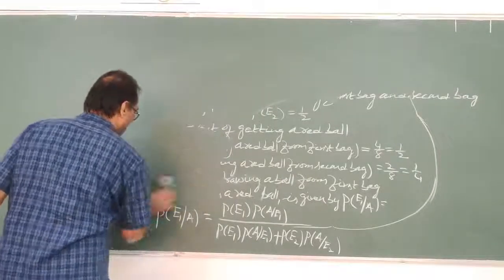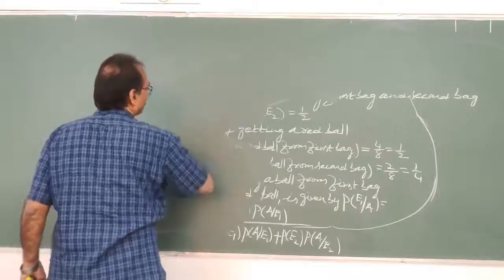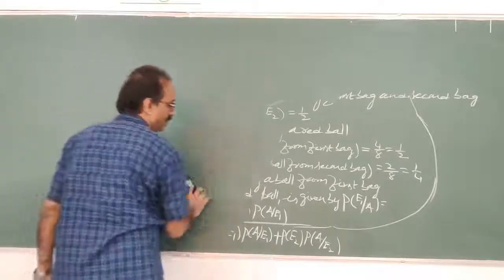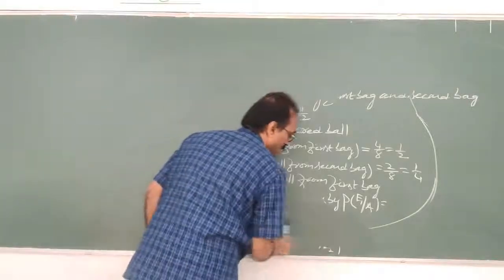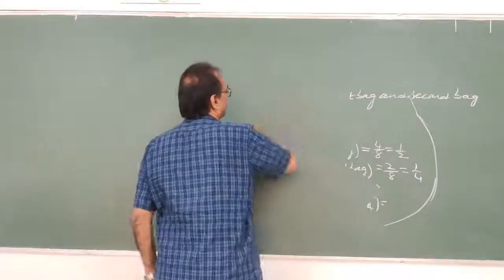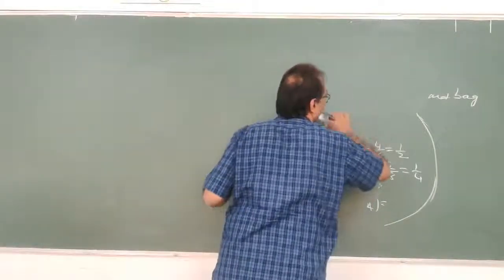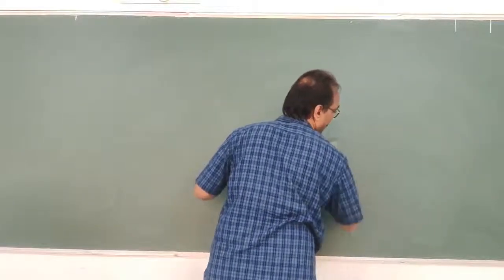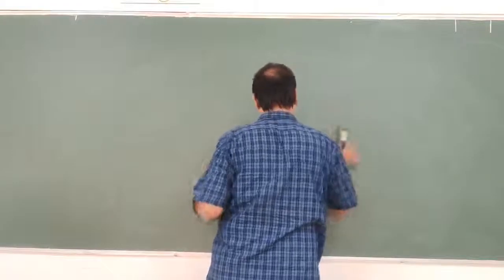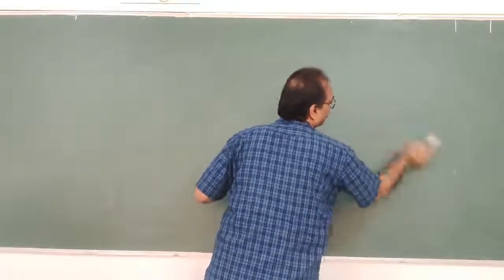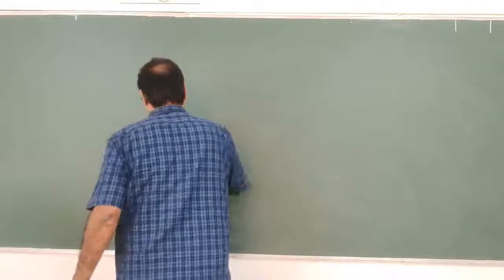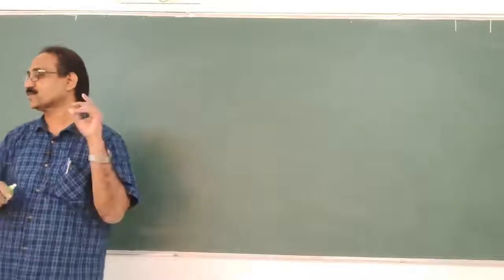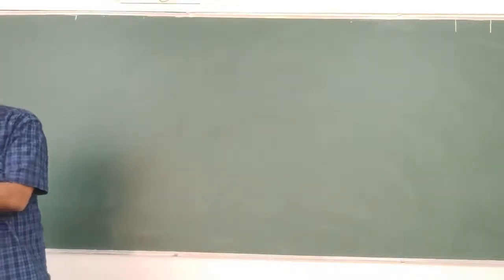Because this year PU board reduced our syllabus, the 3 marks question will now come as a 5 marks question. Previously it was a 3 marks question, so everybody used to write only this much and then go for the choice. Now this year 5 marks is given. Even for 5 marks there will be a choice, but you cannot leave everything like that. That's why I explained each and every point. My dear students, I didn't leave one question out from the exercise point of view. Let us go to the next problem.